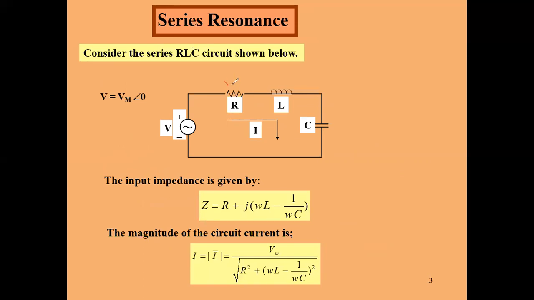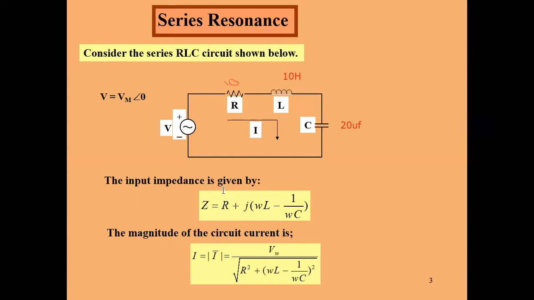If we consider the resistance as 10, the inductor as 10 Henry, and the capacitor as 20 microfarad, then if these values are given, the value of Z is equal to